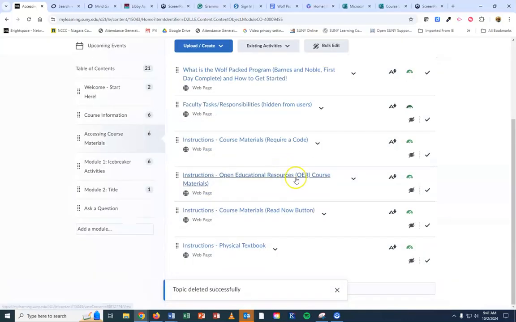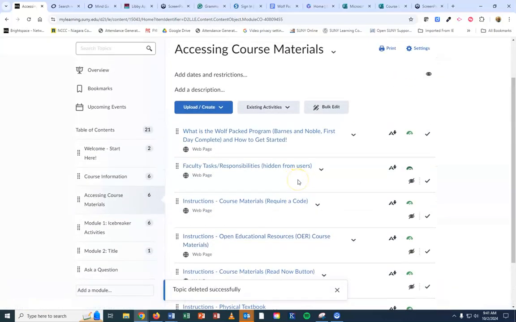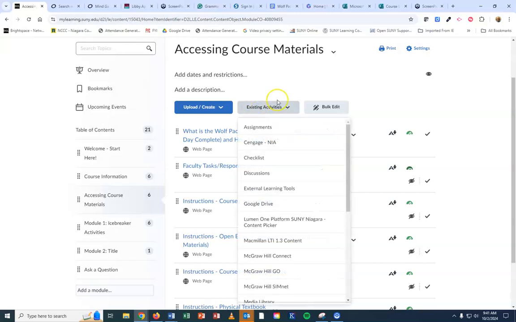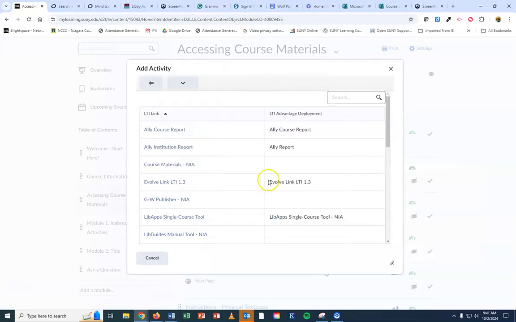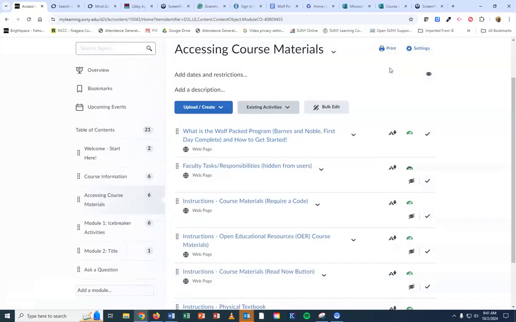Okay. If you want the same link to the ebook that they have on the widget, you can just go into existing activities, go to external learning tools, and this is the same link that's out on the widget. Okay. Once you put it in, if you want to change the name, you can. But so if you have a read now option,